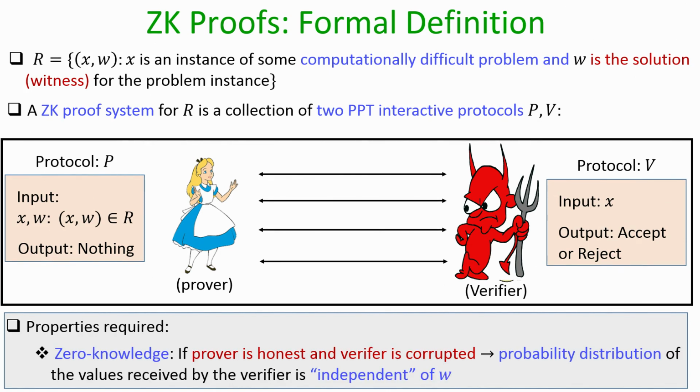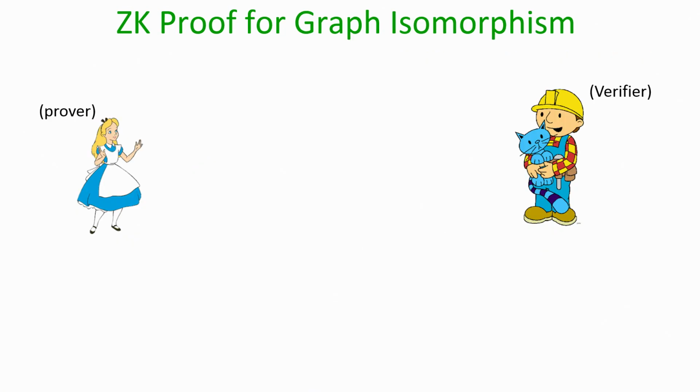What exactly do we mean by nothing being learned about the witness? If you want to be a little bit more formal, we can say that the protocol has the zero knowledge property if the probability distribution of the transcript seen by the verifier is independent of the actual witness available with the prover. I am not formally proving what this means; the actual formalism is a little bit subtle and involved. So let us not go into the detail, but for your understanding you can imagine that the verifier should not learn anything about the witness by participating in this protocol, even if the verifier is corrupted.